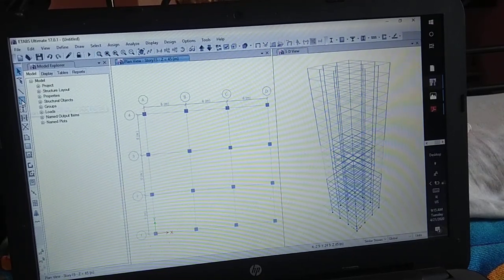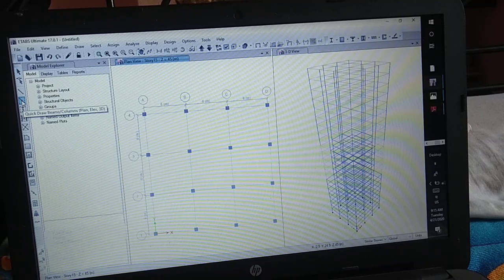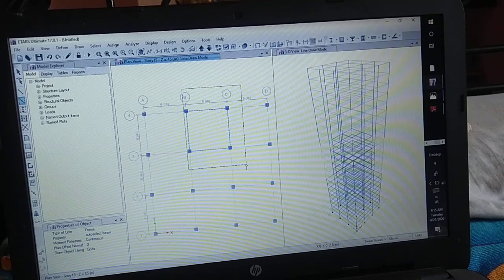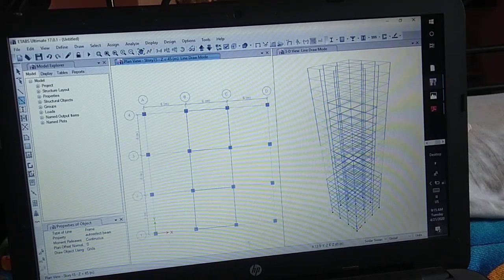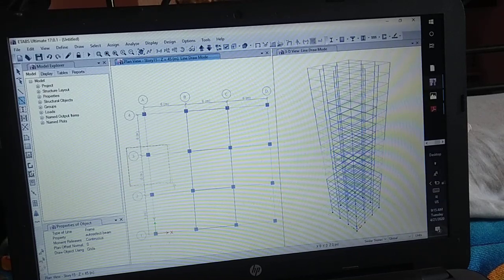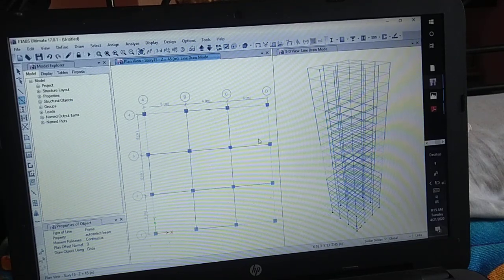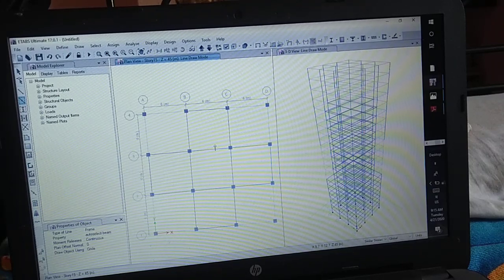So here is the option for Quick Draw Beams. So select the property Auto Select Beam, then we are going to add the beams.